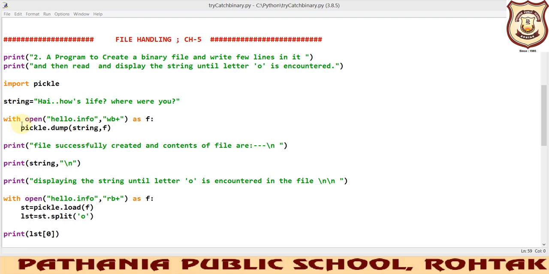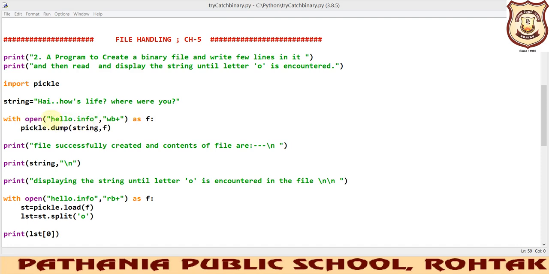Okay, so the opening and processing of the file, along with the inbuilt exception handling, will be provided to us, and we will not be required to close the file once we are done with that part. This is the benefit of using the with statement. The with statement allows us to create a file handle f. We have to use this keyword before the name of the file handle, and the rest of the syntax remains the same. The open function we will be attaching with this with statement.